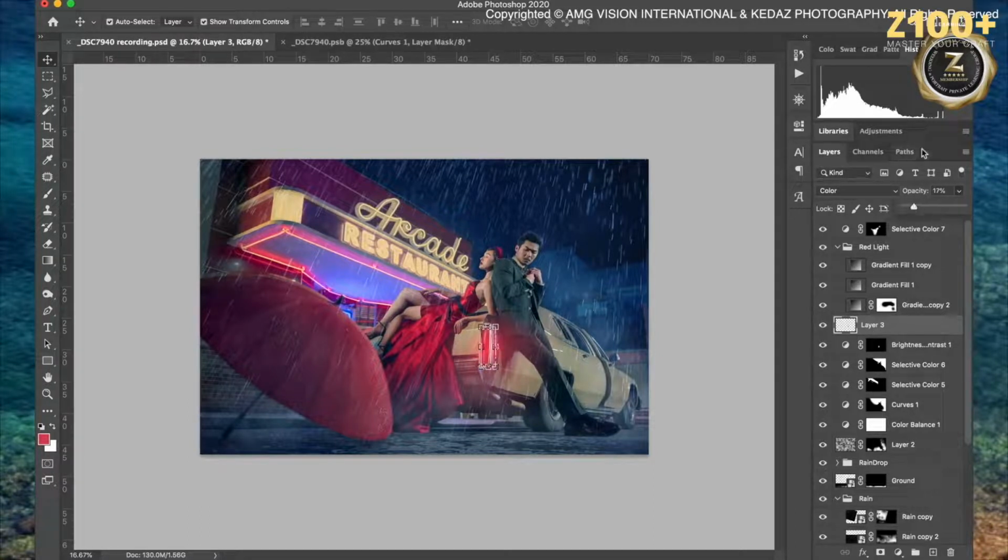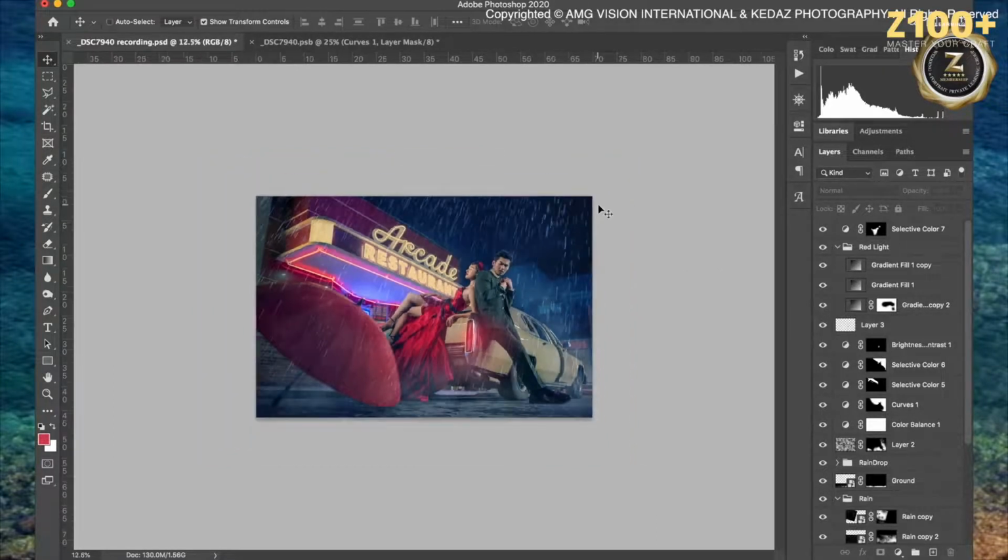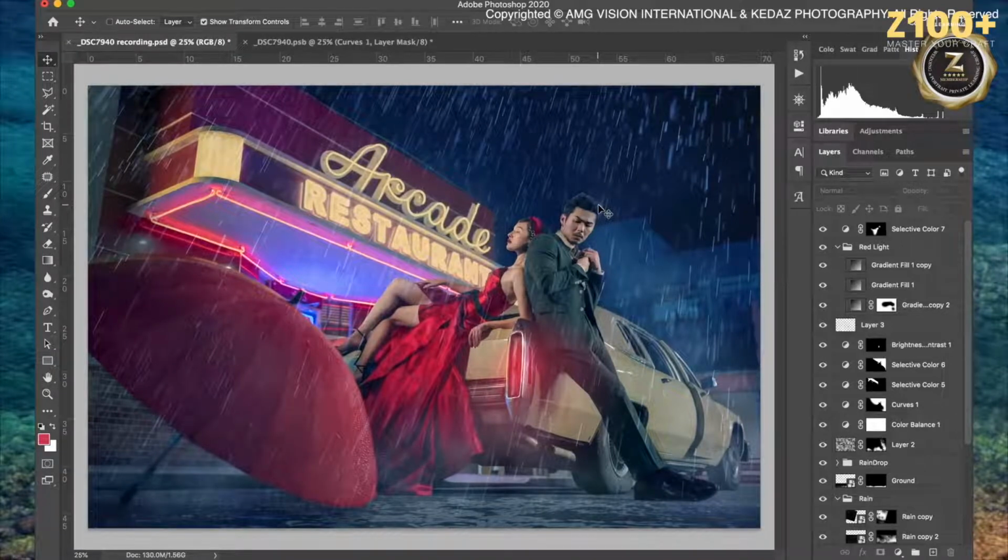Because the light is too much, I reduce the opacity for the red color layer. Opacity, reduce a little bit. Yeah, not too obvious, I want it to look more natural. Good. Wow,